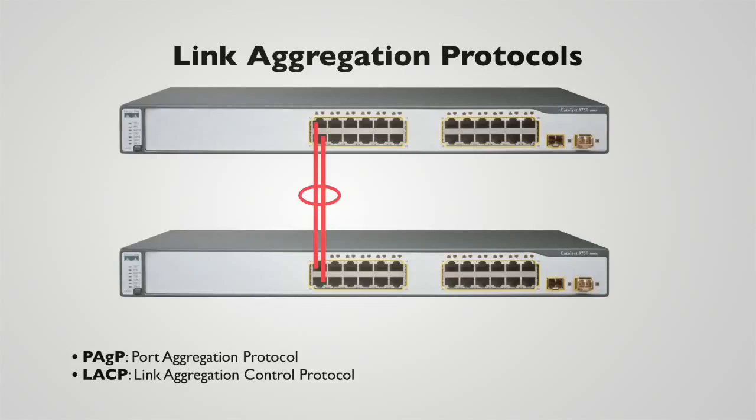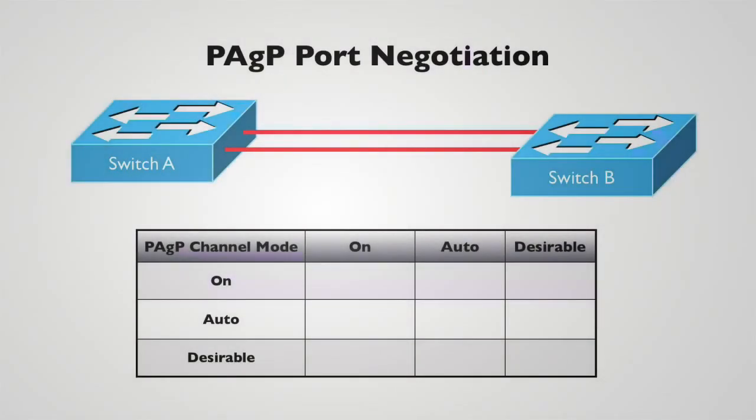And when we interconnect a couple of switches using multiple links, let's think about how an EtherChannel gets negotiated. Let's take a look at this for PAgP as well as for LACP. First of all, we need to make sure that all the ports are set up identically. They should have the same speed. They should have the same duplex. They should have the same VLAN assignments.